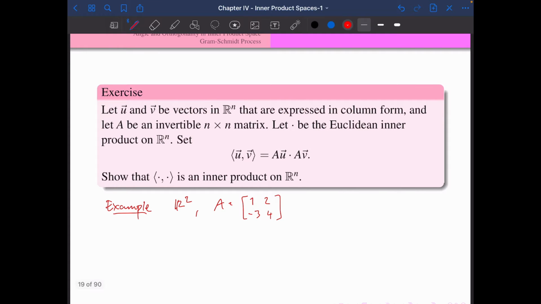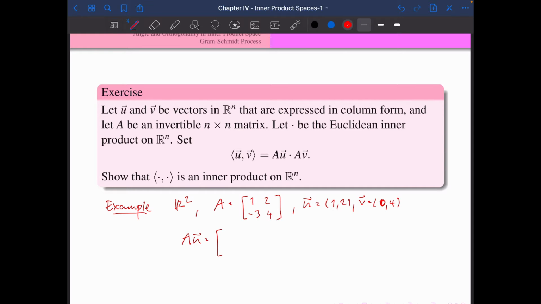Then if we need to find the inner product of u and v, when u is (1, 2) and v is (0, 4), we need to calculate